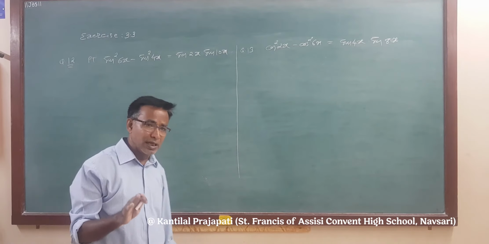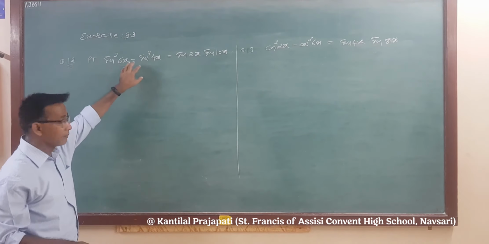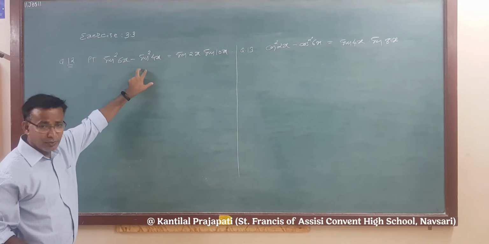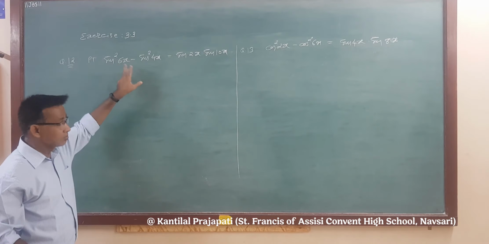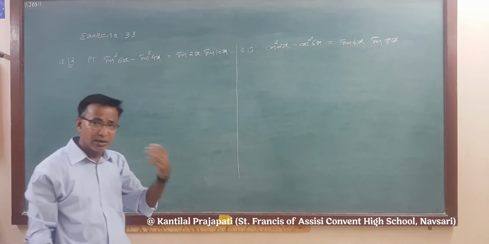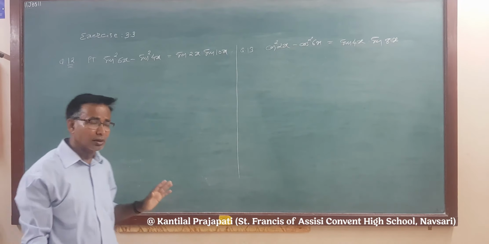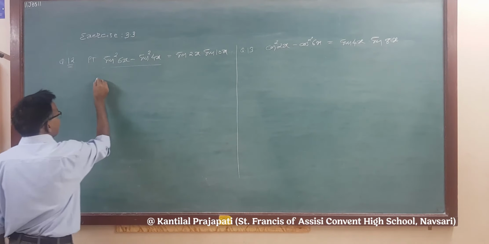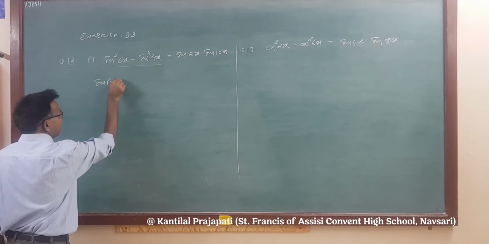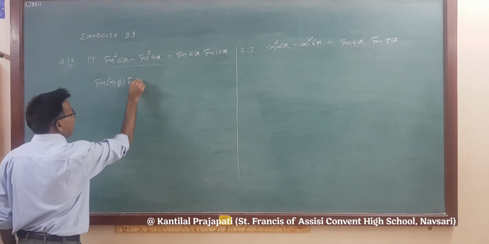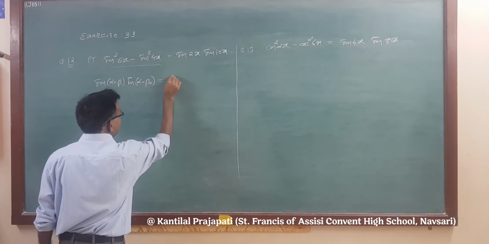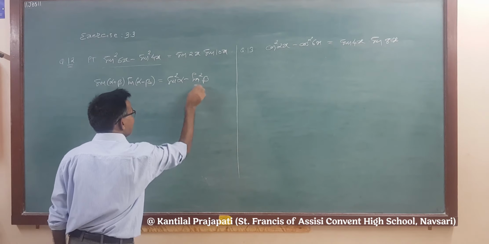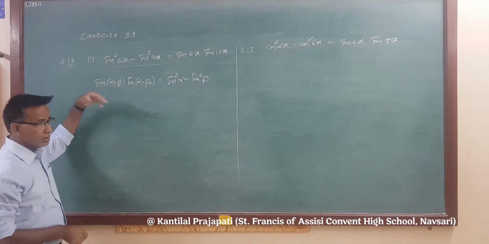Also we can treat sin square alpha minus sin square beta as a difference of perfect squares. Then we write it in factorized form: sin 6x minus sin 4x, and the second factor is sin 6x plus sin 4x. The sum or difference can be represented as a product. So we can solve by any method. The very shortcut method is only to remember this formula: sin (alpha plus beta) into sin (alpha minus beta) is equal to sin square alpha minus sin square beta. If you remember this formula, then you can solve this sum in two steps.